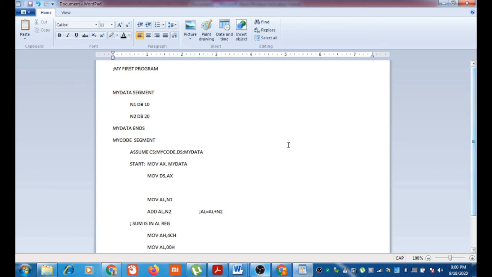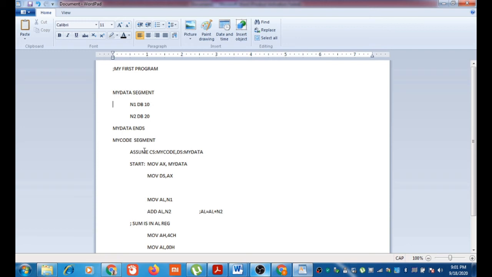You have a data segment. You can write comments using a semicolon at the beginning of the text. You can use any name except the reserved words as the name of a segment. Then the segment should end.